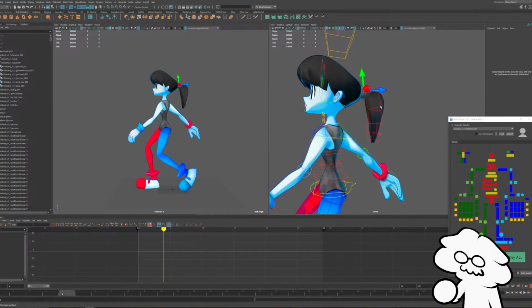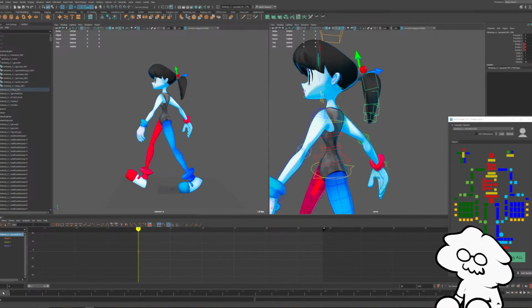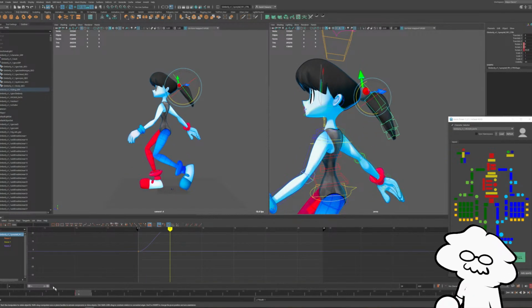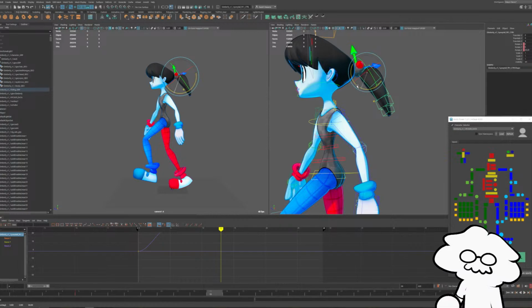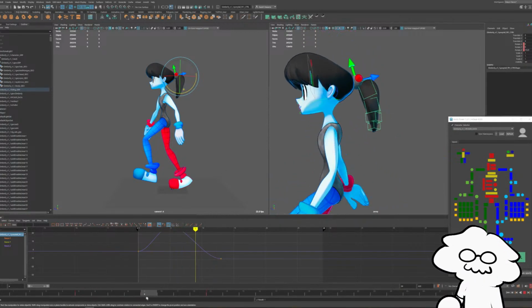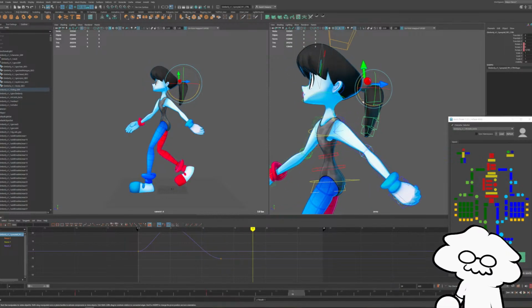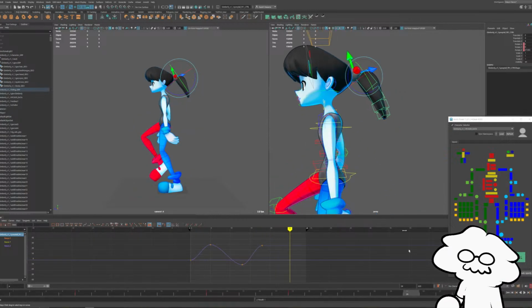Actually, let's do the big control that controls everything else first. So drag behind, and then up. So drag backwards, it's going down, and up. Forwards, it's going up. Just like that.